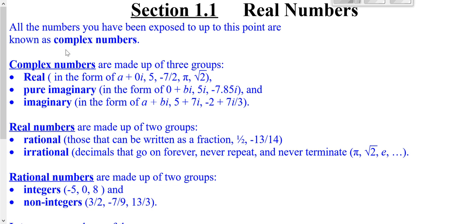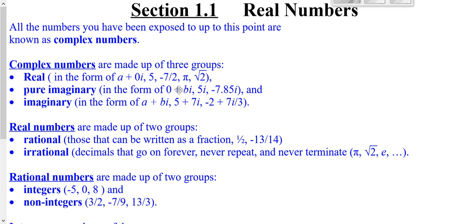We're going to look at real numbers. All the numbers you've dealt with up to this point are referred to as complex. And complex numbers can be made up of three groups. Real, those that don't have any i's, pure imaginary, those that only have i's, and then imaginary that have a combination of both. So real numbers are like 5,